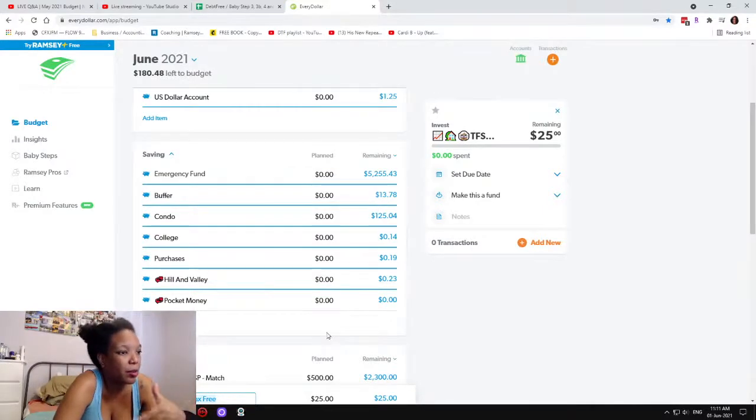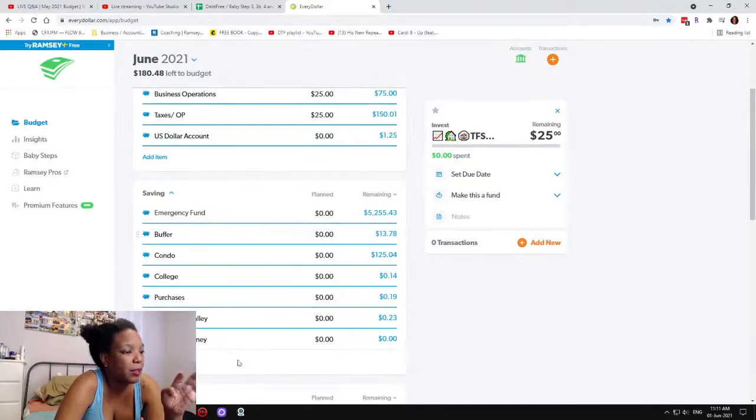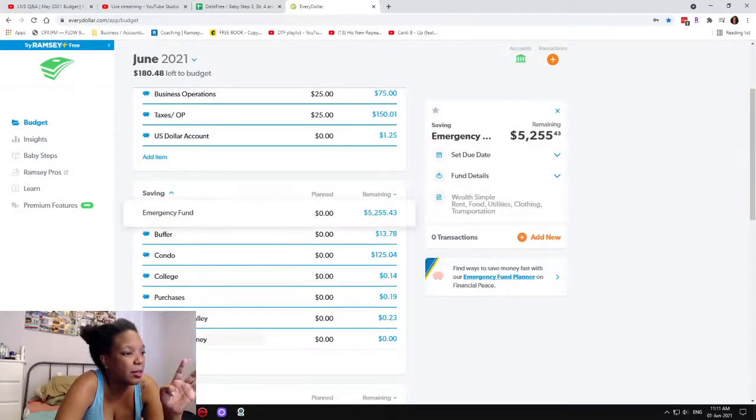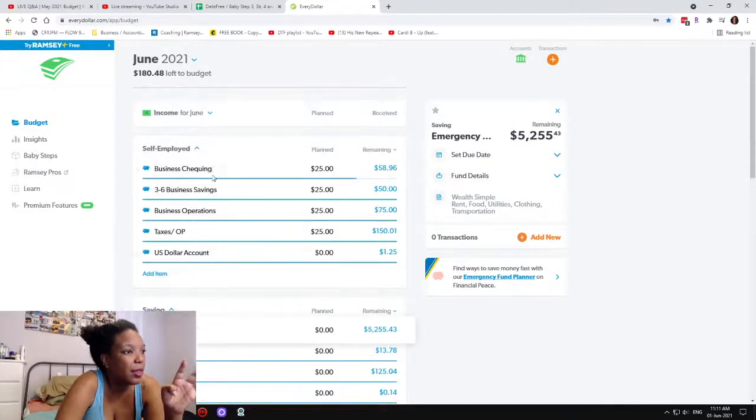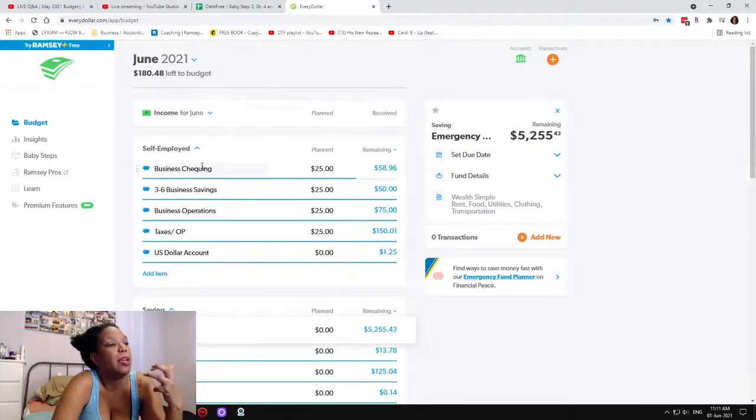All the other categories in the savings category of my budget will be done because all of these are sinking funds. So I officially have 7: an emergency fund, and then 6 other sinking funds. Then I have my business self-employed in my category because it's just easier to show you on the budget what's my income and where does it go.